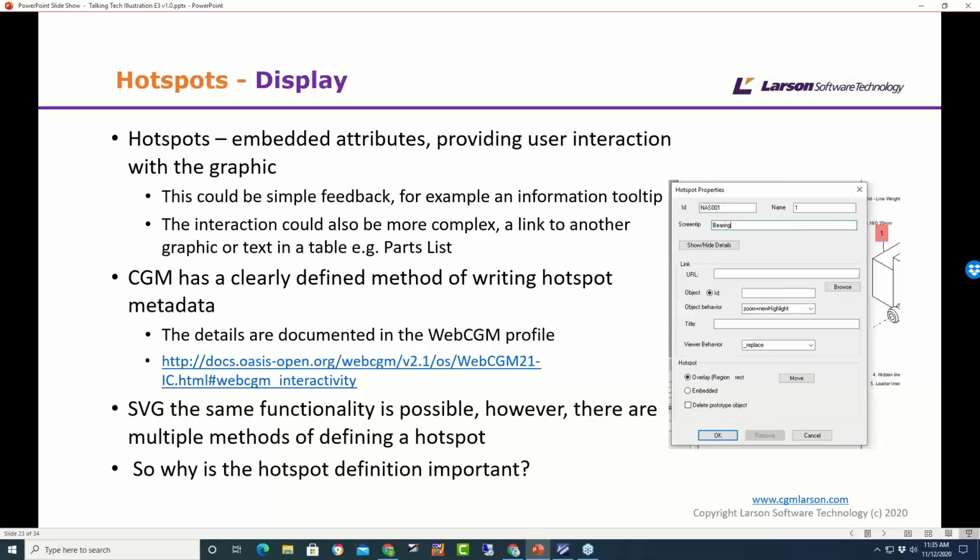So there are a lot of properties within a hotspot that then have to be carried over into the SVG file, like tooltips and things like that. So they really have to be defined in the conversion, how they're then represented in the SVG. And over the past 2 to 3 years, that's what we've been doing a lot of work on, because within the CGM world, it's clearly defined how that hotspot is written. So even in the spec of S1000D, how that hotspot is written.